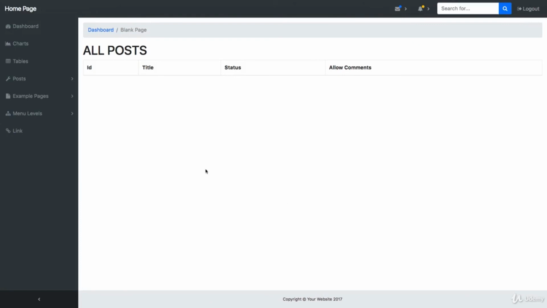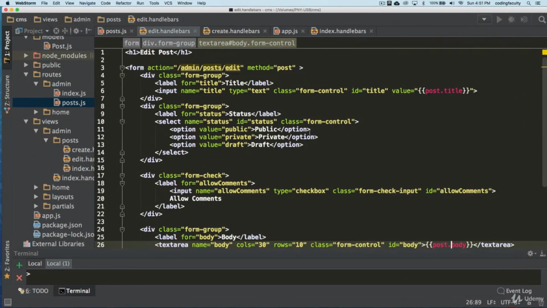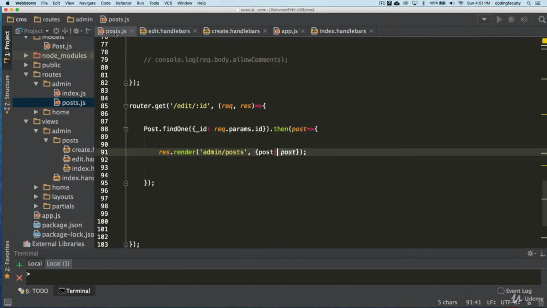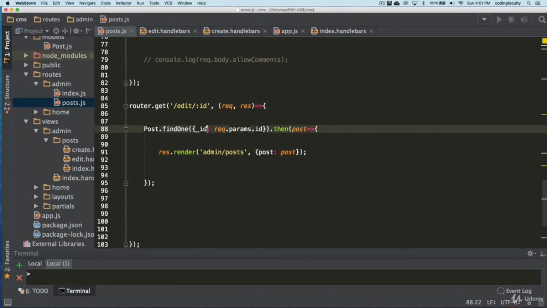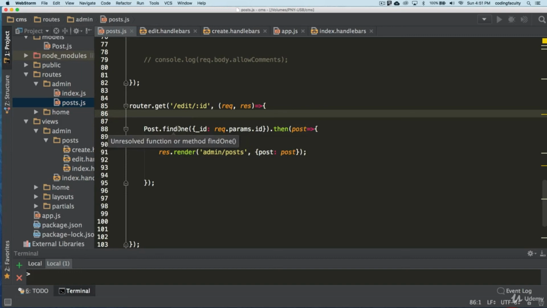Huh, that's strange. Let's go back here and let's see. Post.findOne, and it should give me... it looks like this function is not 100%. On result method.